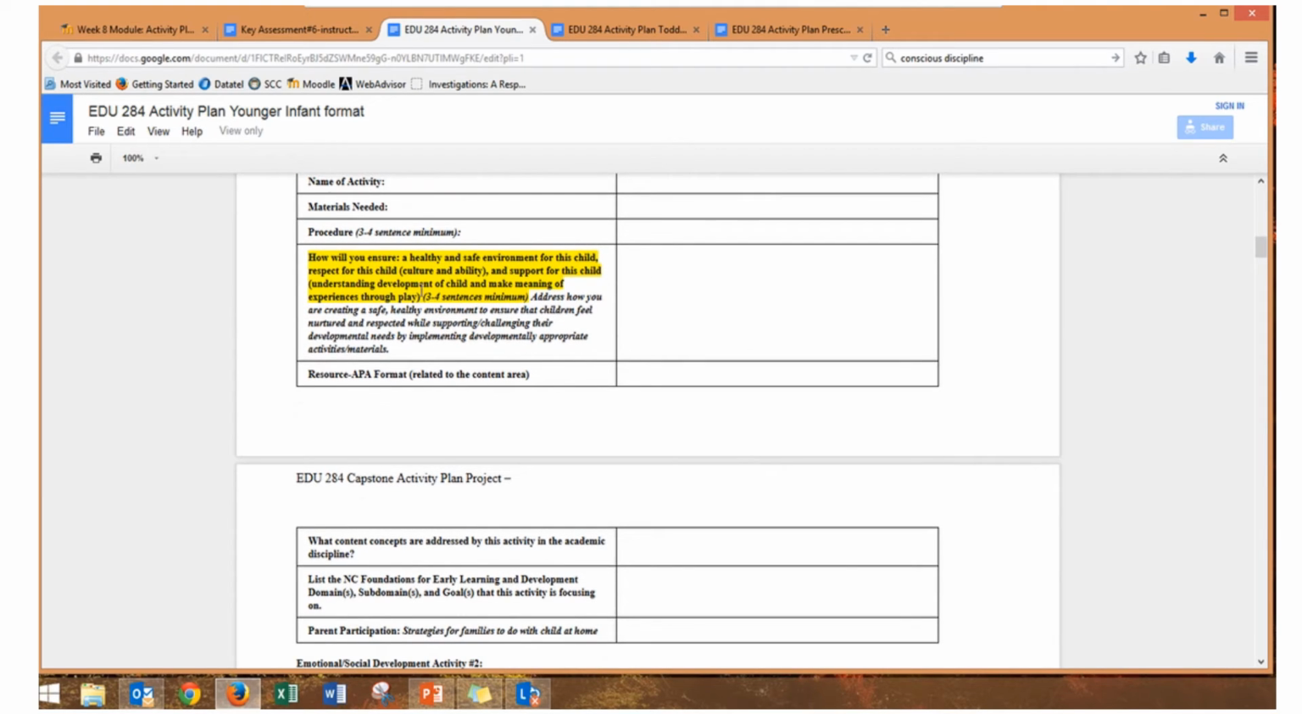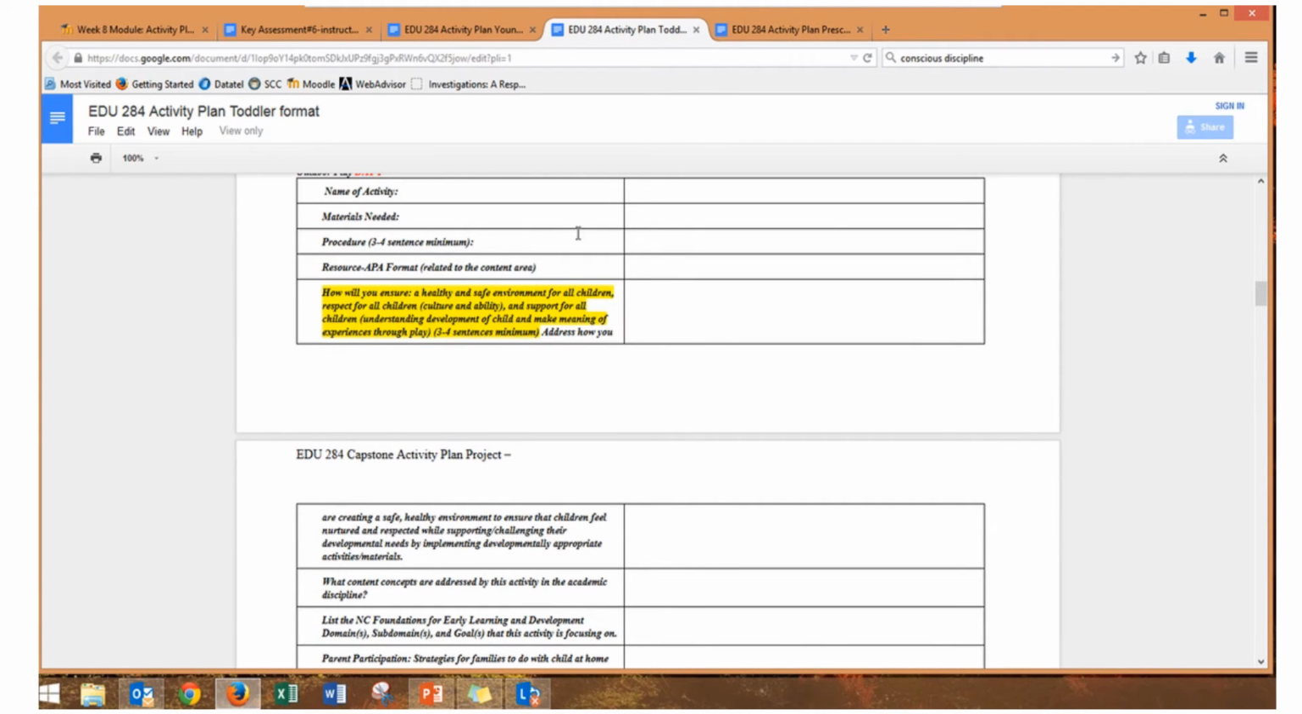So for you, it will be very child specific when you are addressing how the environment is going to be safe, how you are going to make sure the child is healthy, how you are going to nurture and respect the child, what if they don't want to participate, and how you are going to challenge or support them during that particular activity. For toddlers and preschoolers, for this one you need to think, if you're planning for an entire group,